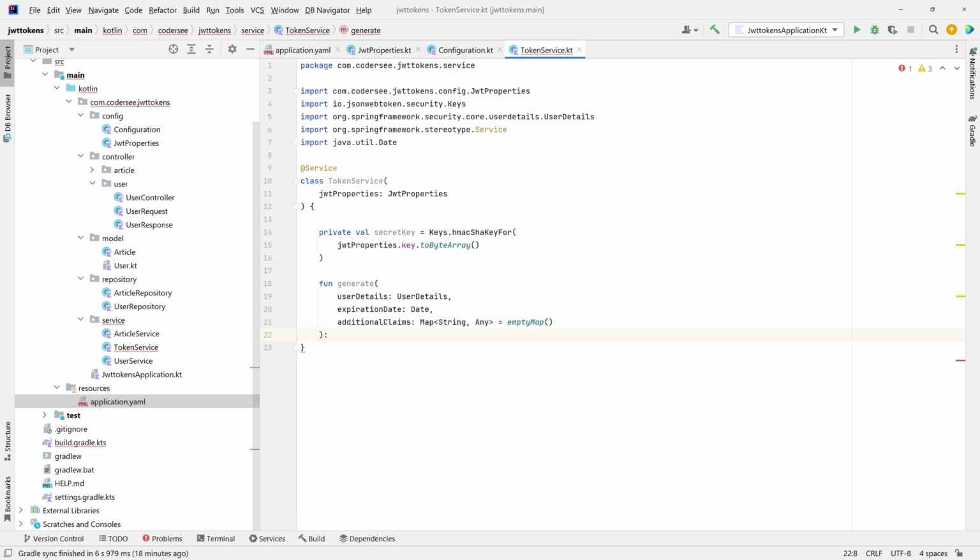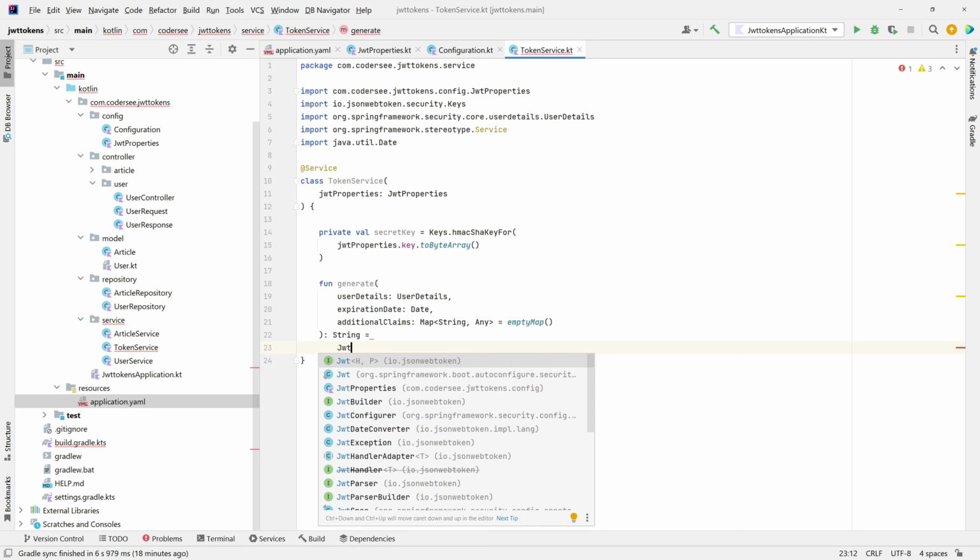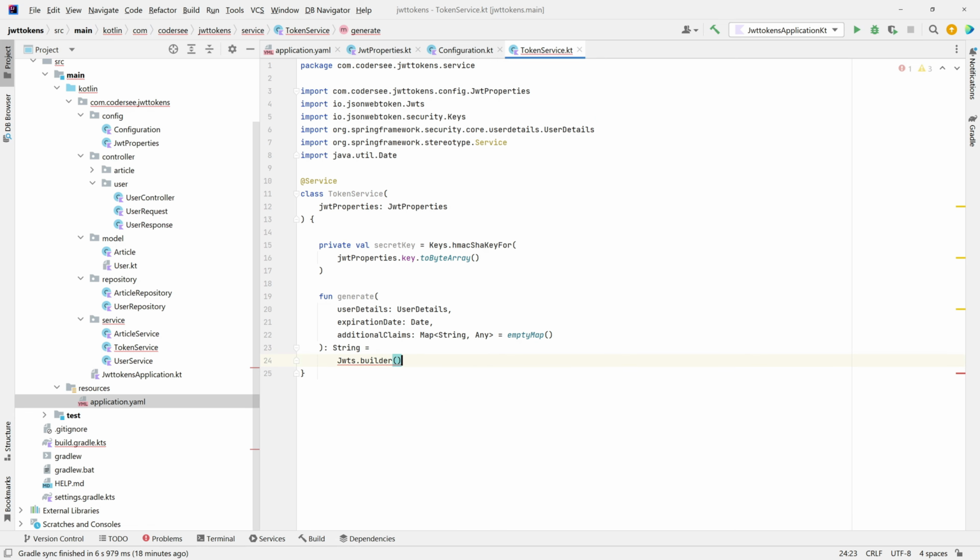As a return, I would like to get a string value. So string equals. So in this place, we'll finally make use of the library that we imported. And what I would like to do here. Firstly, we must invoke the builder. So let's start with jwts.builder. Following, I would like to specify the claims. As you remember, claims are information about the entity that can use this token. So claims,